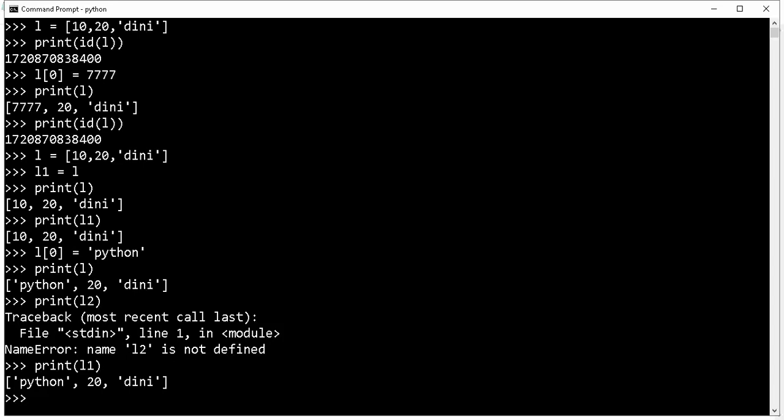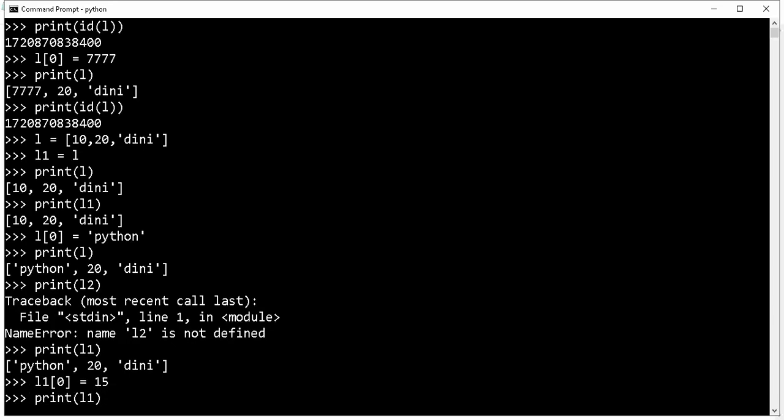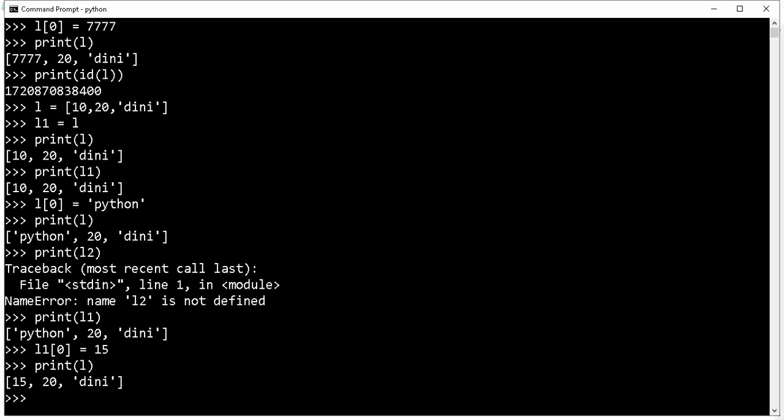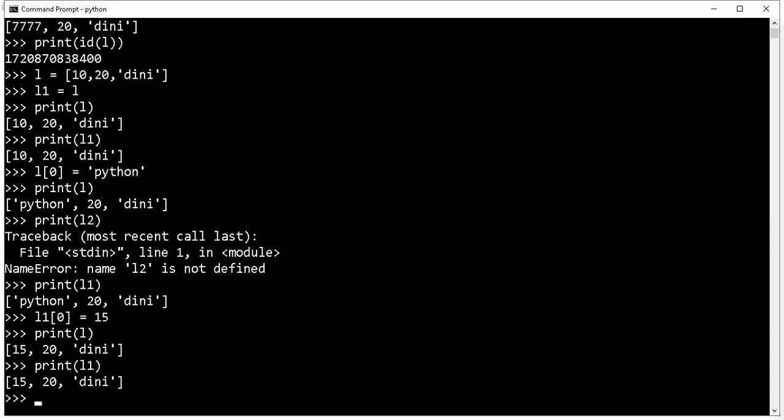If I give L1 of 0, the first value, equal to 15, now check the first L value, print L, it is changed. L1 is also changed.